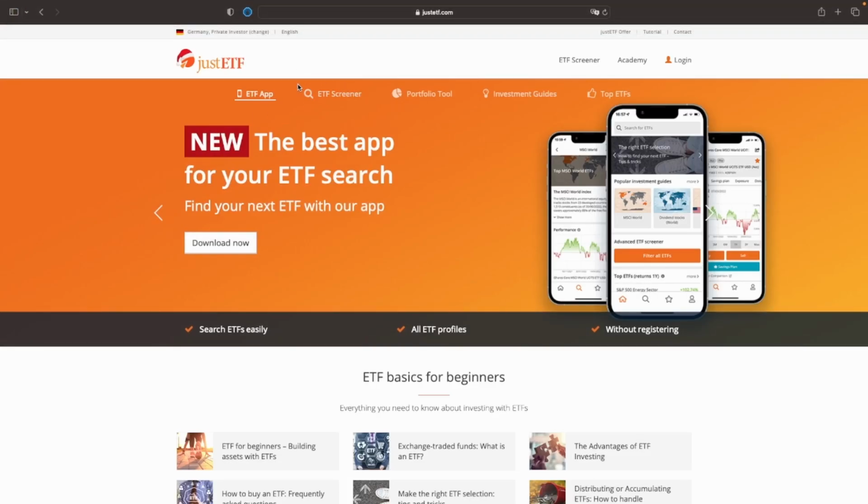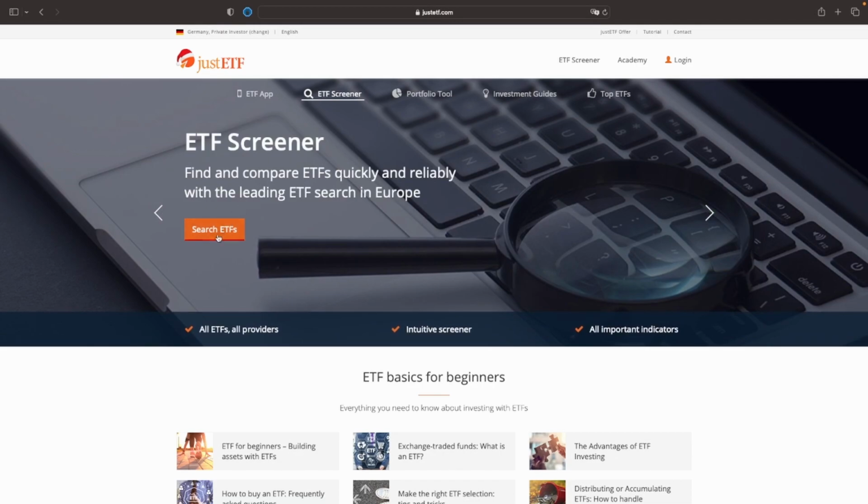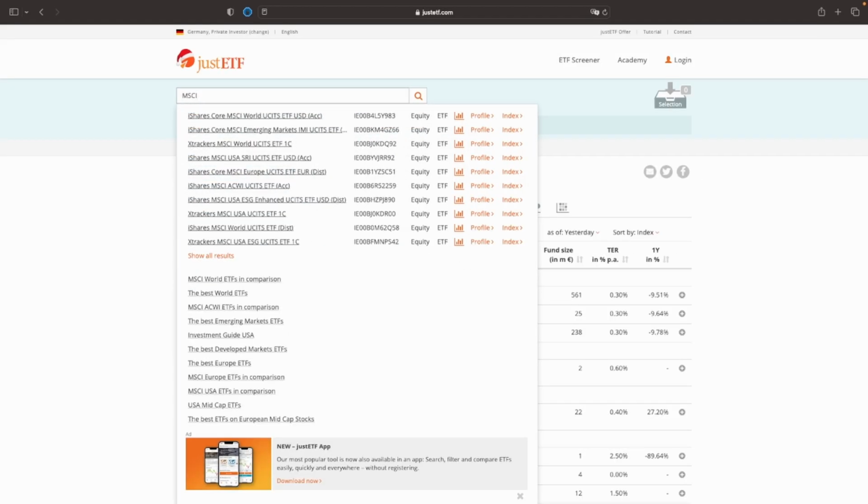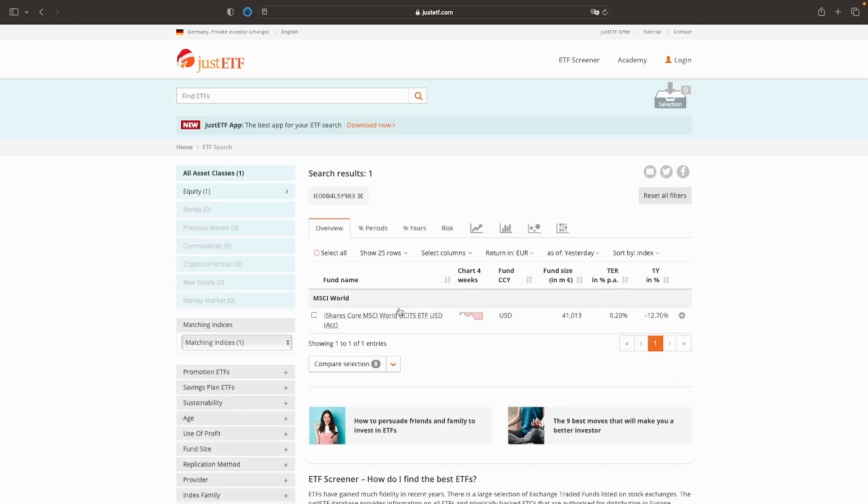And the fifth, the most important, is the fact sheet. This, I would say, is the single source of truth when it comes to data, data integrity and the details of any ETF. You will find this easily in ETF search engines like Just ETF, Extra ETF or similar, and it is also available on the ETF provider websites. It's very easy to find and very easy to understand.